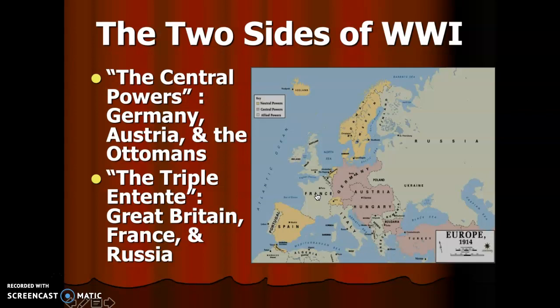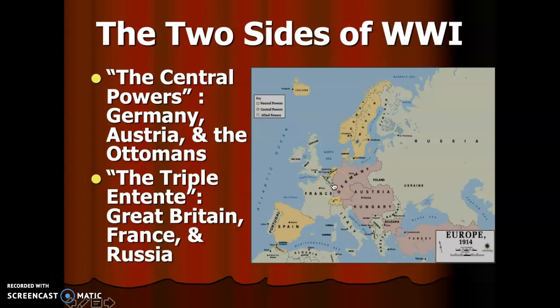However, what they didn't count on was Russia. And Russia mobilizes much quicker than Germany ever thought. So now Germany has to take some of their troops from France and send them over to Russia, which will weaken their army going into France. So now there's this two-front approach that Germany's having to do. They're at war with Russia to the east and France to the west, and they're having to divide their troops. So when Great Britain comes in, joining with France, the German effort stalls.